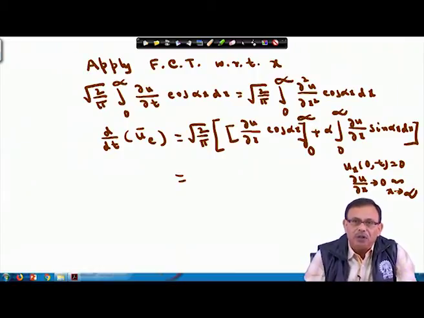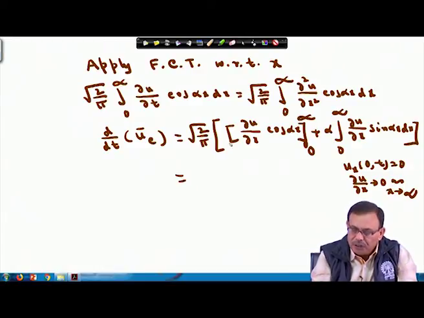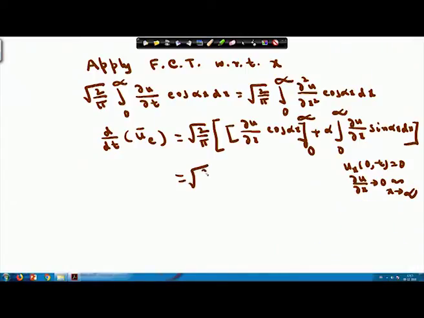So, if I substitute these two values, then this particular term will vanish. You will have only the second integral, that is root over 2 by pi into alpha into integral 0 to infinity del u del x into sin of